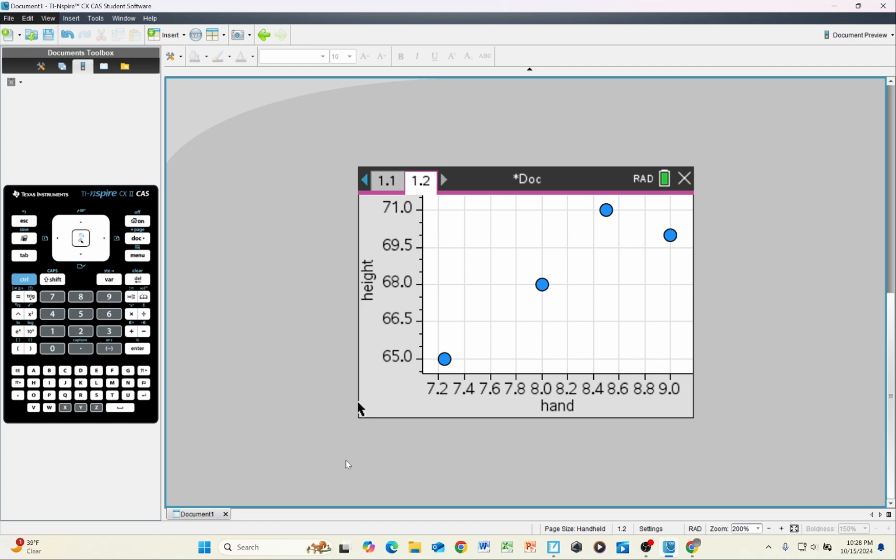There we go. And here we have our scatter plot, where we can see that indeed taller people do have bigger hands. Now, this is only 4 data points, certainly, but you get a similar view as we did when we did this with our class data. So let's go back to the spreadsheet,